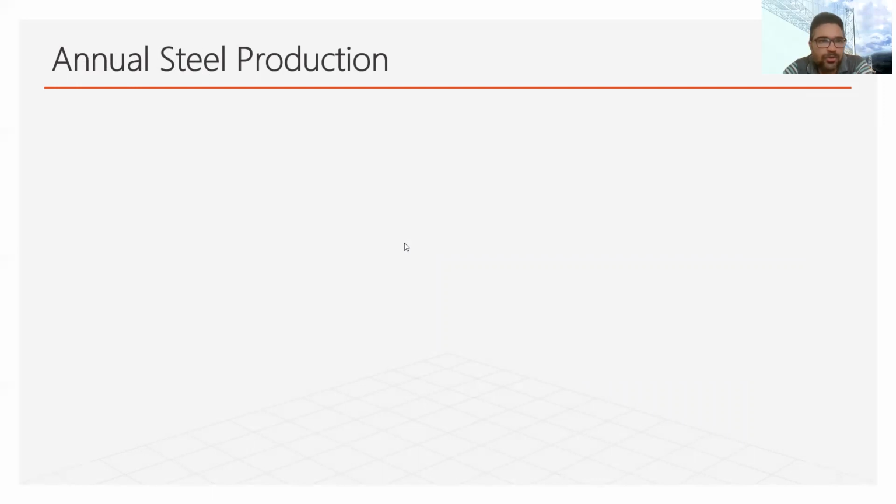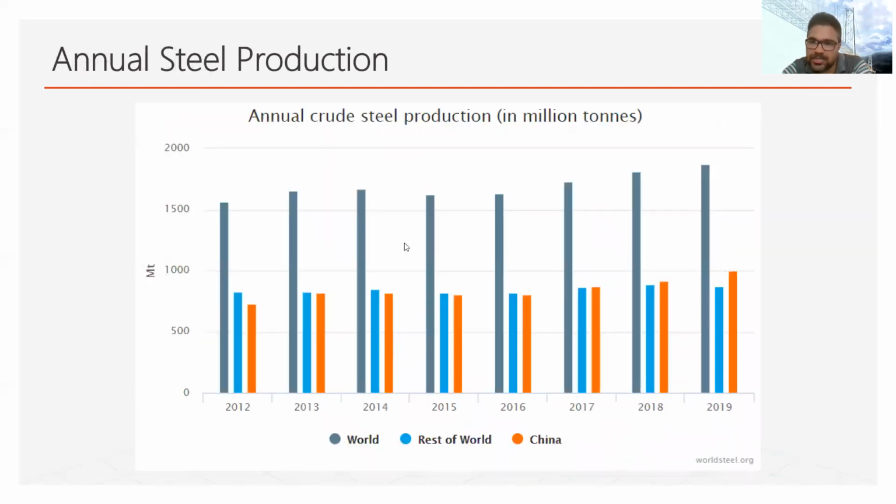So now coming on to steel production. Nowadays in the world, this graph shows the steel production of the world and China. There you can see China alone produces 50% of the total steel produced by the world. This data I have taken from the World Steel website. So in this data, it is shown that 50% of the total production of steel in the world is by China. In that sense, we can say China is the largest producer of steel.